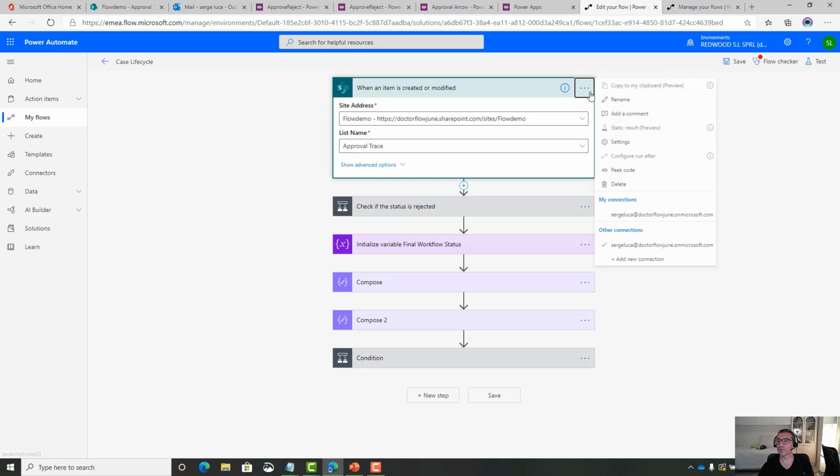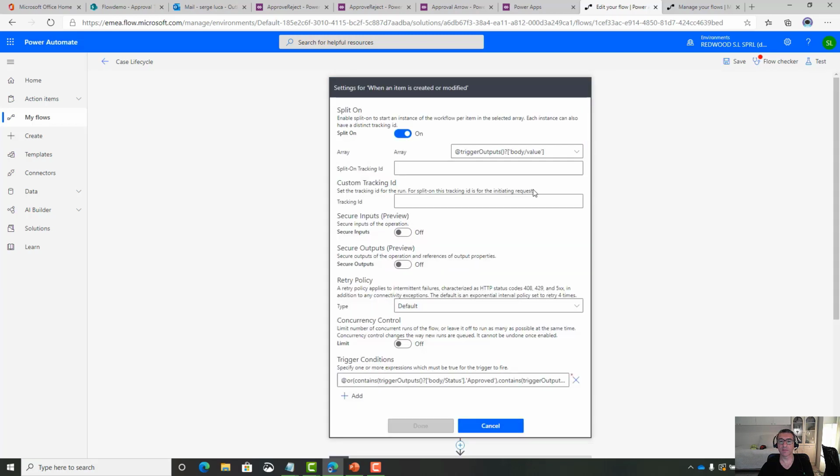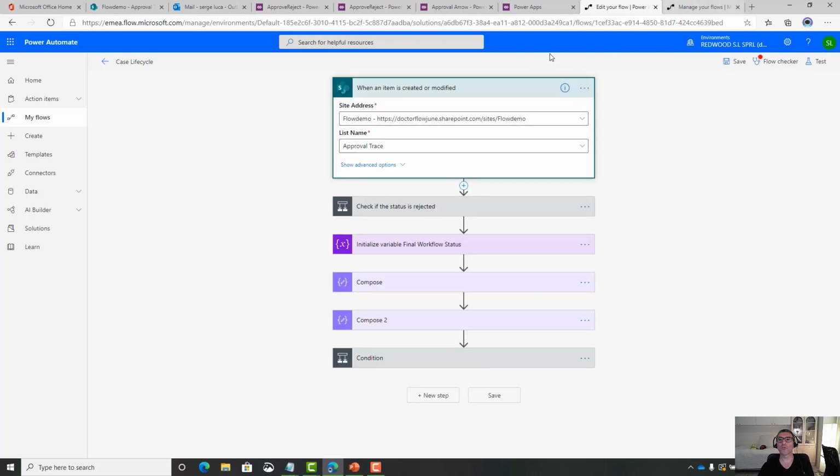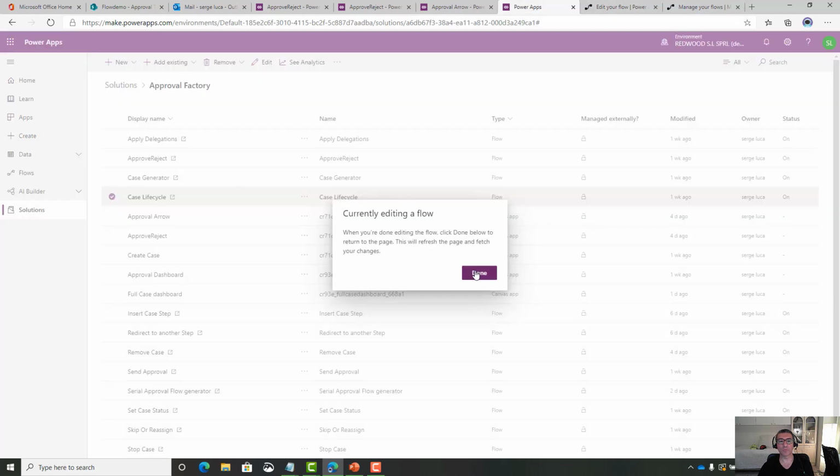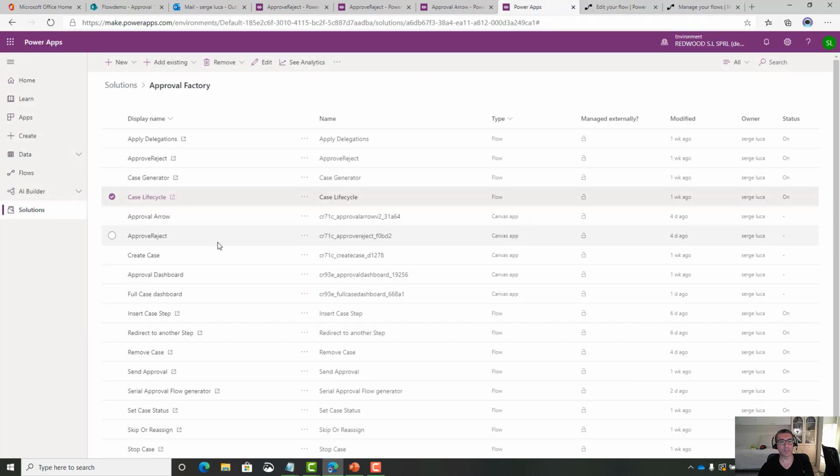Of course, I use a trigger condition. So in the settings, I use a trigger condition, right? So it does not trigger all the time. So there are many other workflows. I don't want to spend too much time on this, but for instance, if I take the approval dashboard,